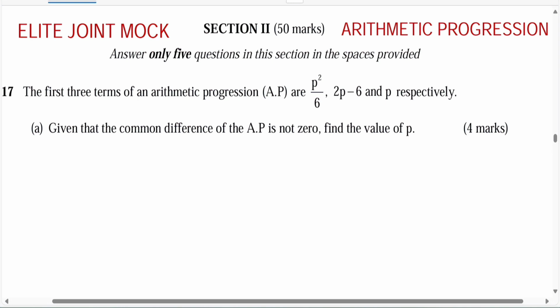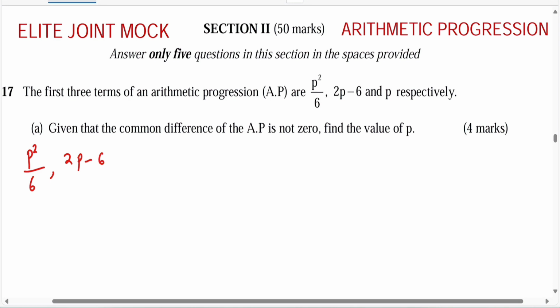Okay, so let's find the value of p. Given that the common difference of the AP is not 0, find the value of p. So now, for this question, hapo wewe kuna akili yako utafikiria sijui sum is given by this formula. Hii tutaifanya, the formula application tutaitumia kwa question B. But the thing that you should know that this is your